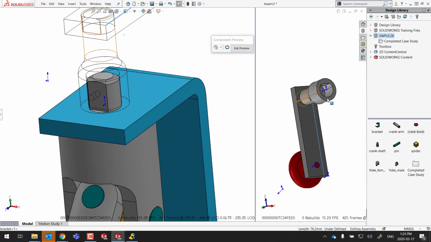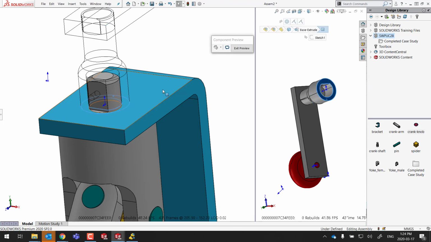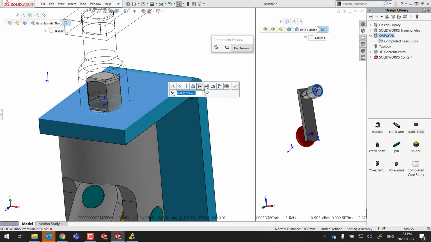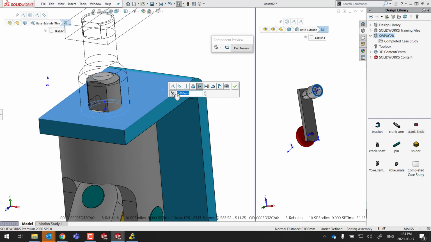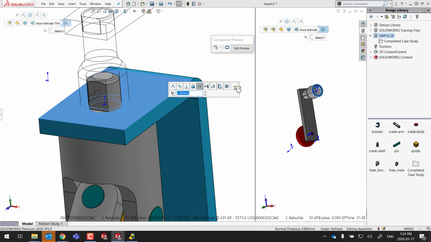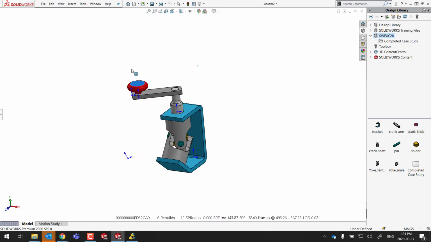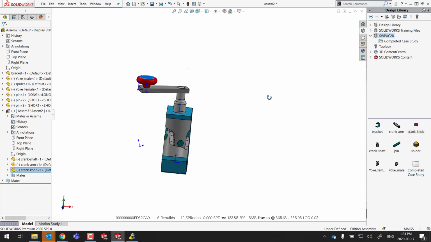And the last thing I would like to do is a distance between this face and this face. A distance made of 1 millimeter. So in this case, I just want to make sure I'm going in the right direction. I can always flip the alignment to see if I'm going in the right direction. So I want to go up. Click OK. Exit the preview. Your job is done. If you're looking at the number of mates and the type of mates that I created,